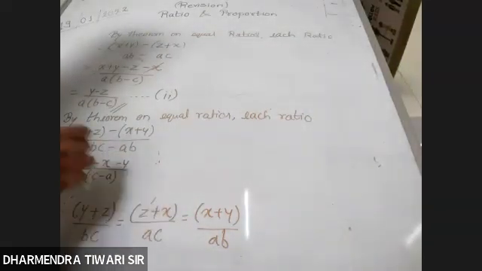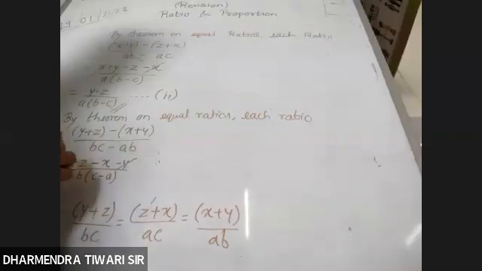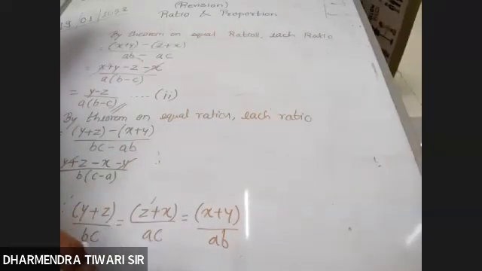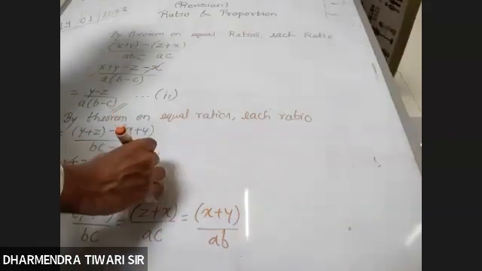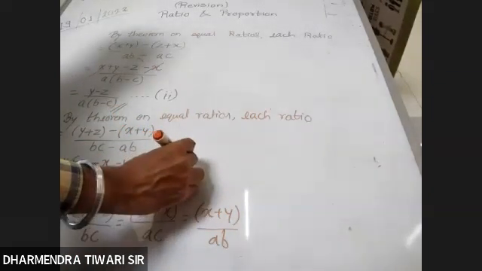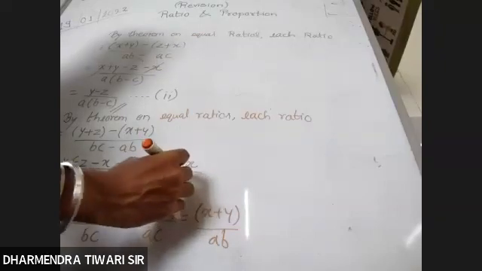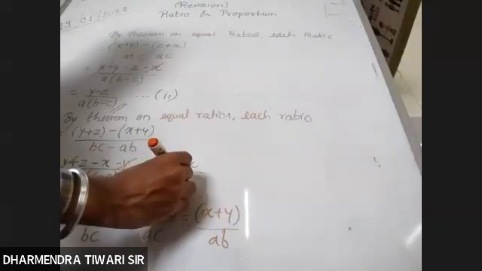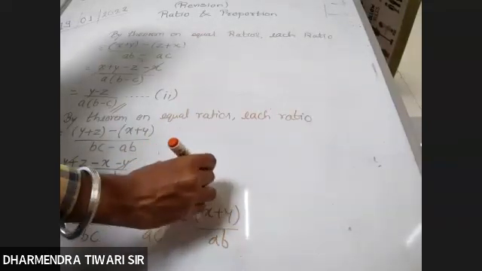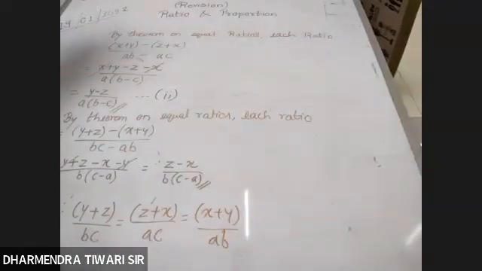I've taken b common, and what we can see is we can cancel out y, as they are present with opposite signs, so y gets cancelled. So what remains is z minus x upon b into c minus a. Okay,